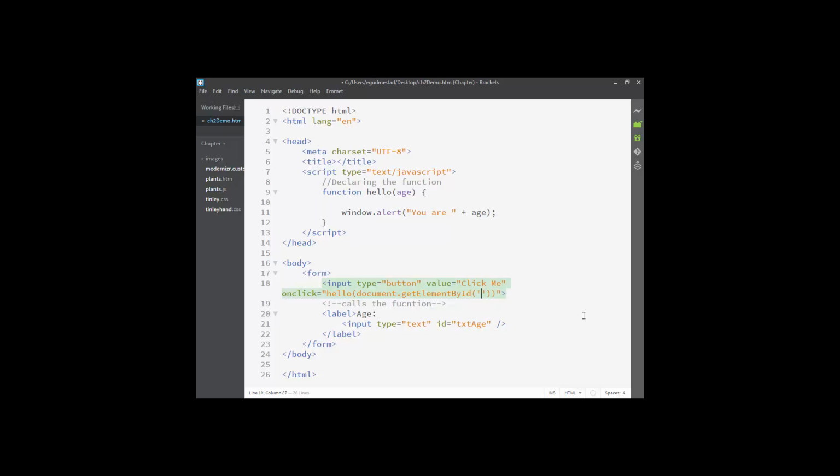What's the ID? Text age dot value. Okay, so it gets the value of the text box and passes that value into the variable age,